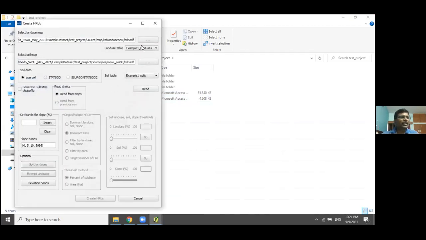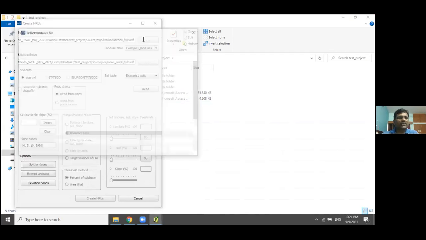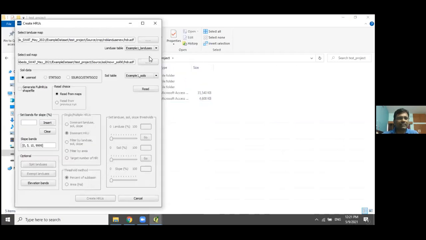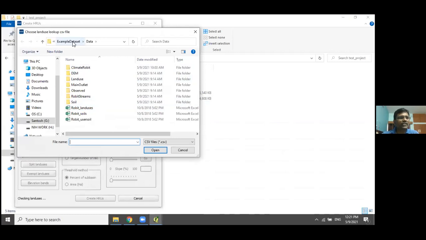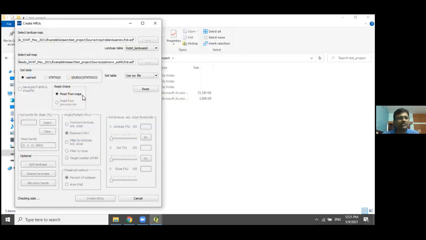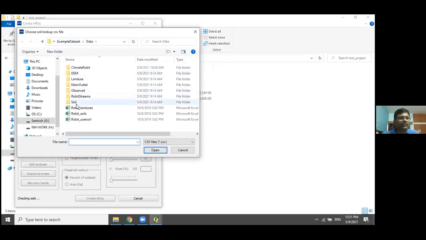Now you have the land use map. I will provide it again; no problem, it will take a CSV file. This is also a CSV file. Then click on read. Now you have to provide the lookup table for land use, then for the soil.